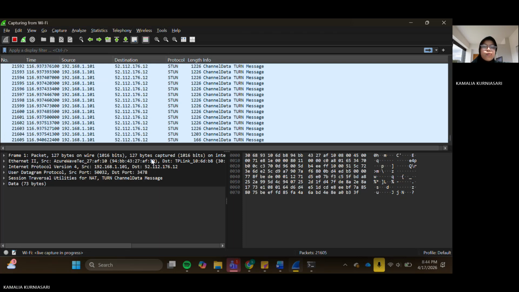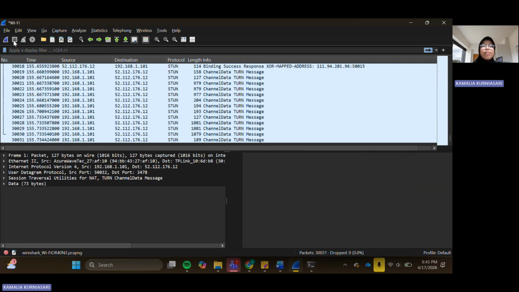Maybe we just wait for 1 minute. Once enough data is captured, the capturing process is stopped by clicking the red square button in Wireshark. We just click stop capturing packets, and click OK.